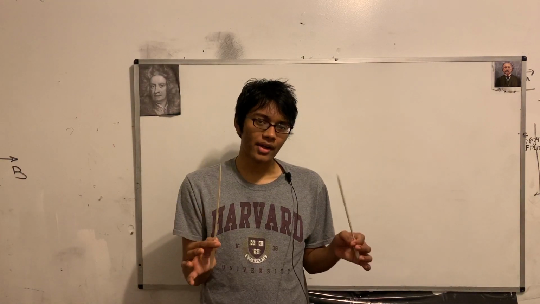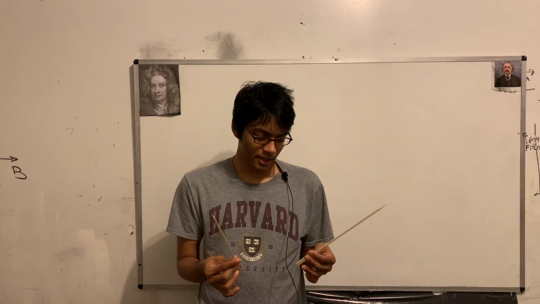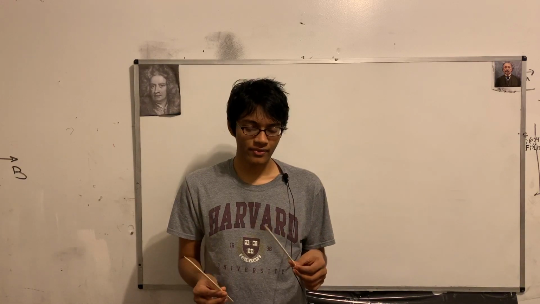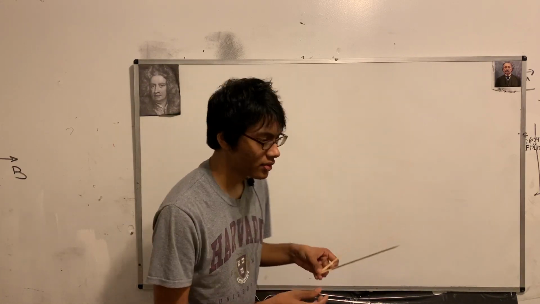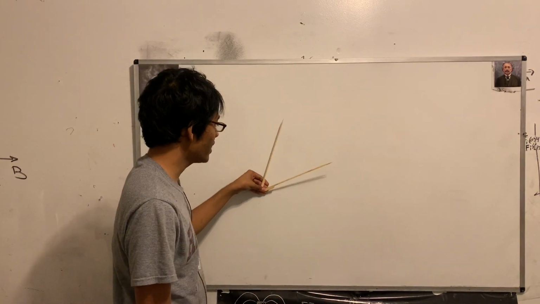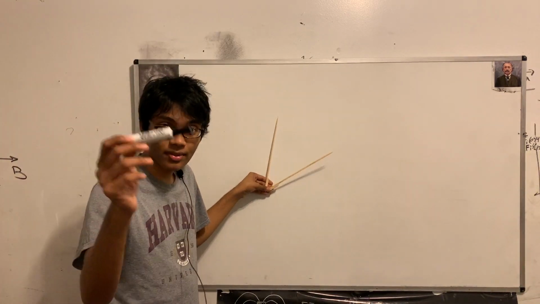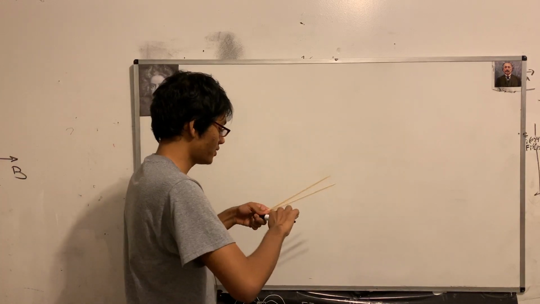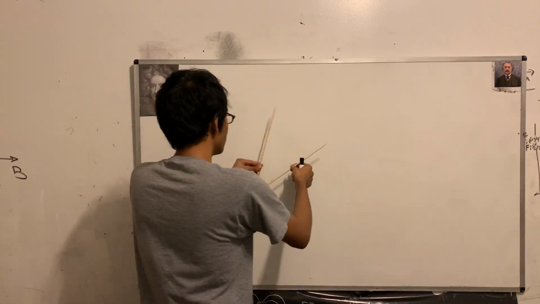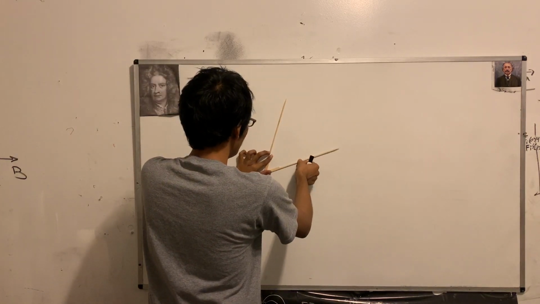I've got two arrows right here. You can also call them vectors. Now, if I put these two arrows on the board, you're going to find out that they make a parallelogram. As a matter of fact, we can draw this parallelogram very nicely. So if I go ahead and take my two vectors and I hold them up,